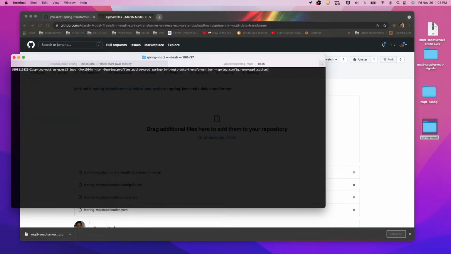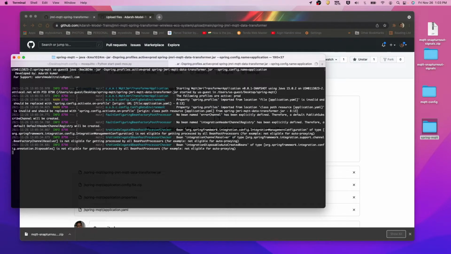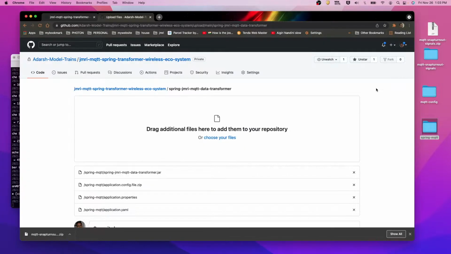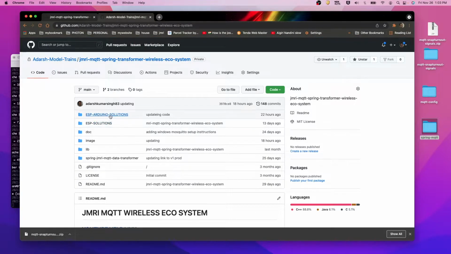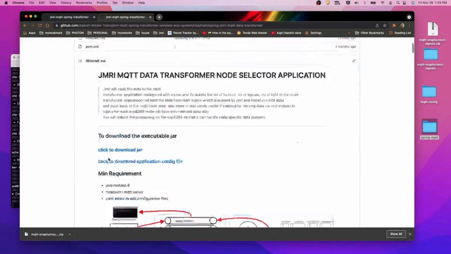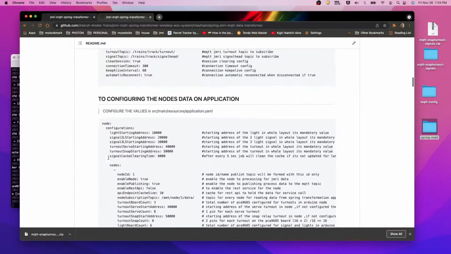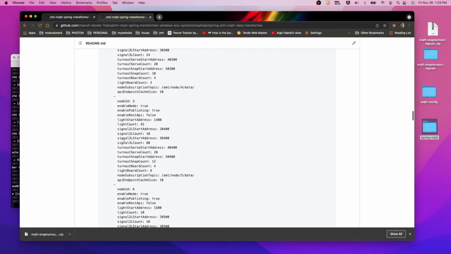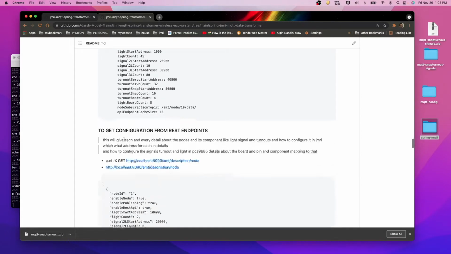Now what we're going to do is copy paste the command. It will start our server, and it will let us know where we have to configure our snap turnout on which boards.